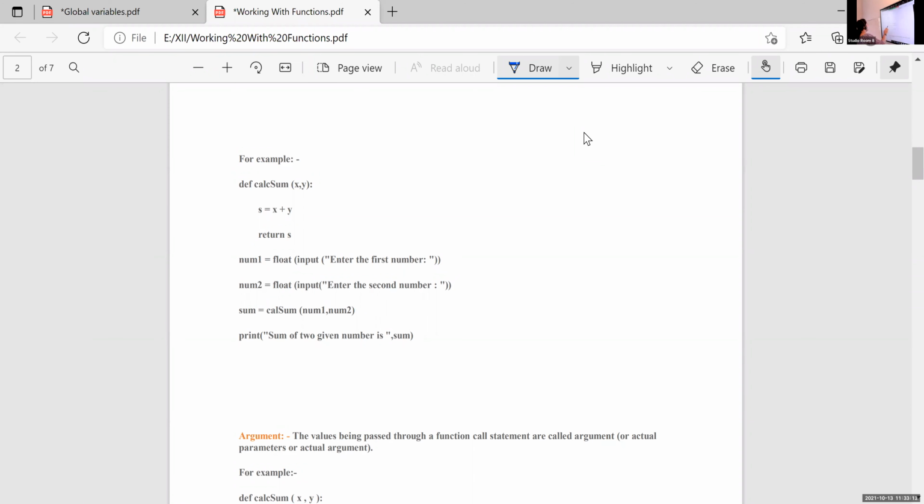Alvin, here, what is the name of this one? Sum is equal to call sum num1 comma num2. What is the name of that statement? Is it function header, function parameter or function call? Which is the statement? Which is the function header statement, Alvin?